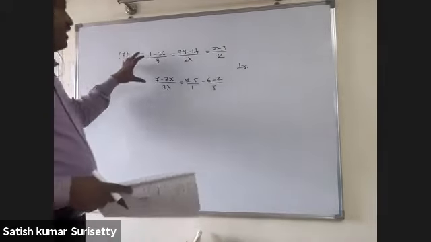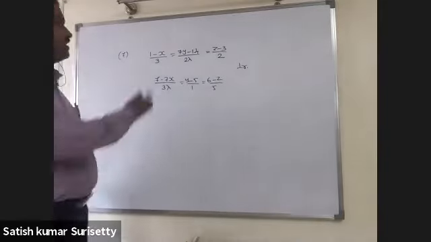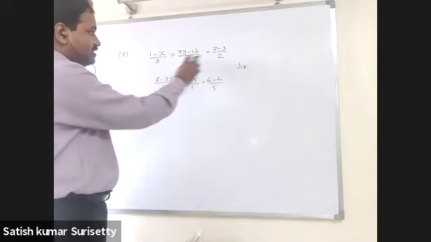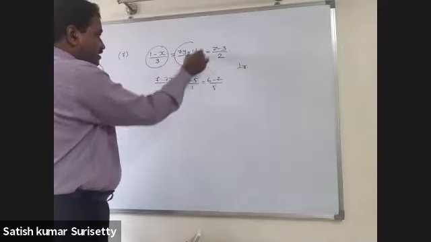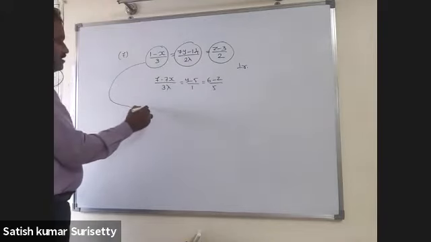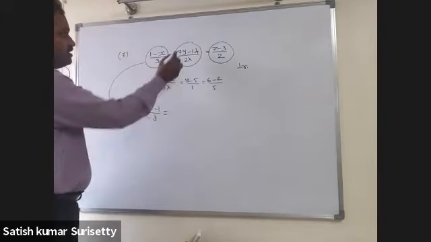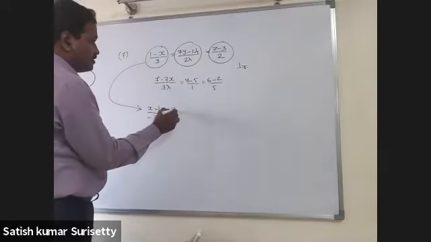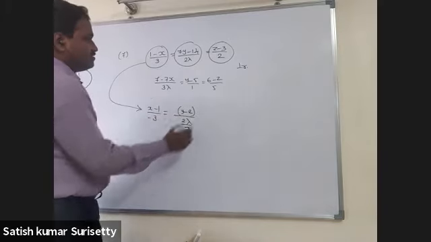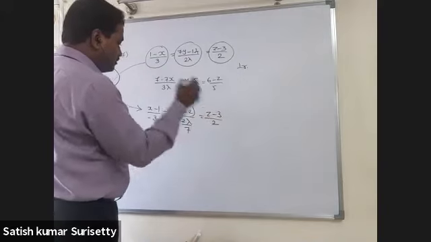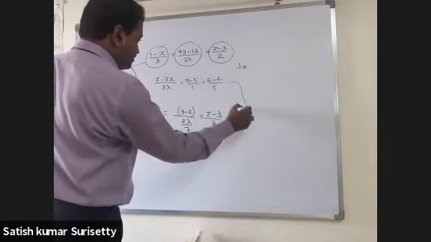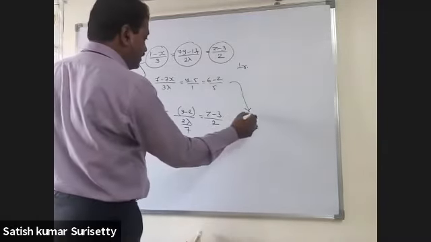So these two lines are perpendicular, but you cannot consider directly 3, 2 lambda and 2, and 3 lambda, 1 and 5 as direction ratios. If you consider them directly, it will be wrong. Why? Because these are not in the standard form, not in symmetric form directly. So convert into the symmetric form first. That means x minus 1 upon minus 3. Here take 7 common, so 7 into y minus 2 upon 2 lambda, then 2 lambda upon 7 equal to z minus 3 upon 2. Now the direction ratios are minus 3, 2 lambda by 7 and 2. In the same manner, take minus 7 common.